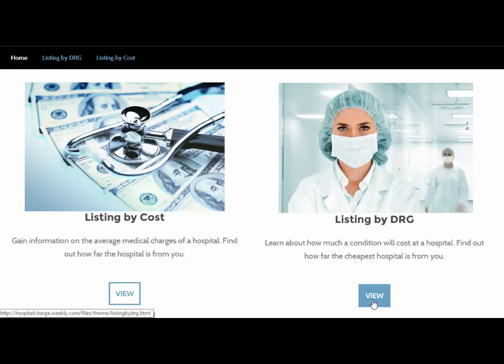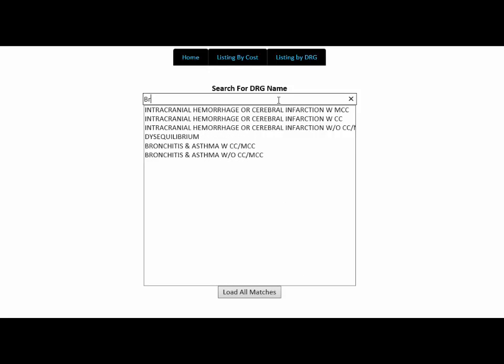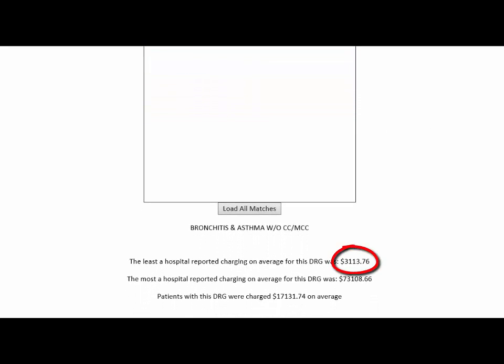Additionally, we created another search that allows the patient to search on a specific diagnosis-related group. Here is the interface if a user hasn't entered in any information. In order to further explain our functionality, we'll provide an example. If the patient has bronchitis, but there are no major complications, the patient can simply look up the word bronchitis in the DRG search. The DRG search returns the least a hospital charged with the selected DRG, the most, and the average charging for the specific DRG. So the least charging for bronchitis is